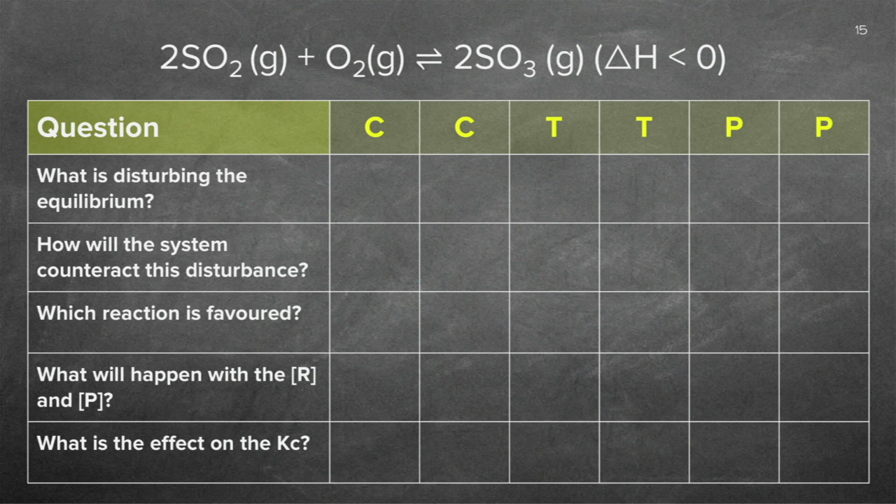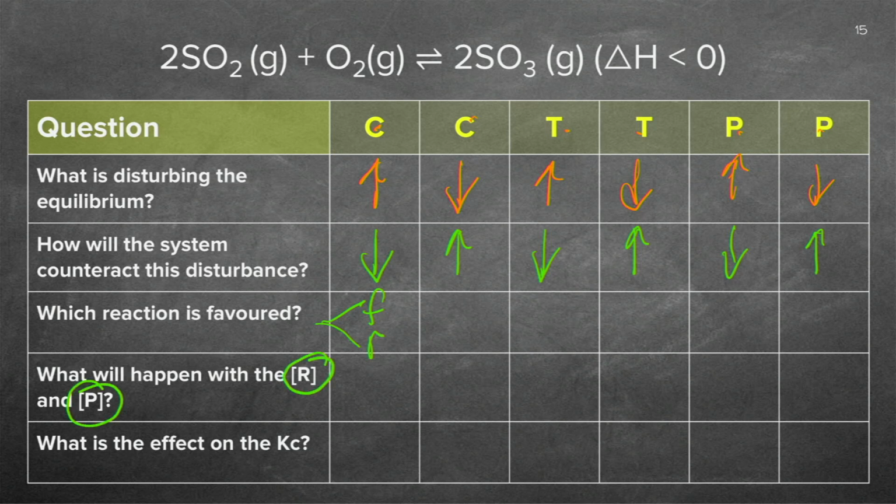Guys, what did we do? And this is the table I'd like you to draw. Put your concentrations, your temperatures, and your pressure on one page so that you can actually see. You've got an increase and decrease, increase, decrease, increase, decrease, and you know mother-in-law is going to do the opposite, and then you just have to see which of the actions will be favored. It can only be the forward or the reverse. What will it do with the R and P? And then it's only the temperature that will influence the Kc value.